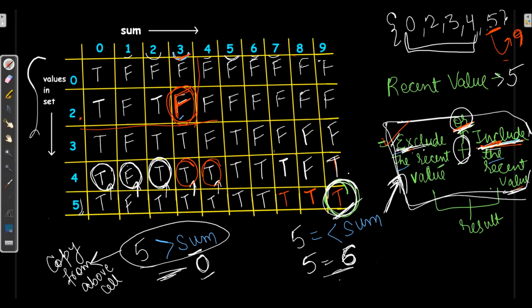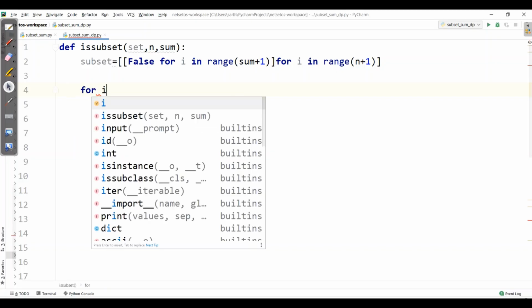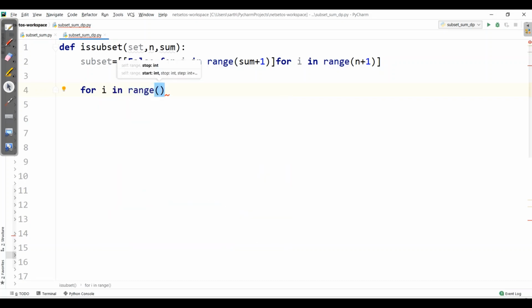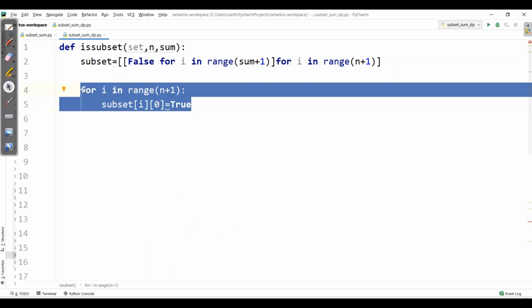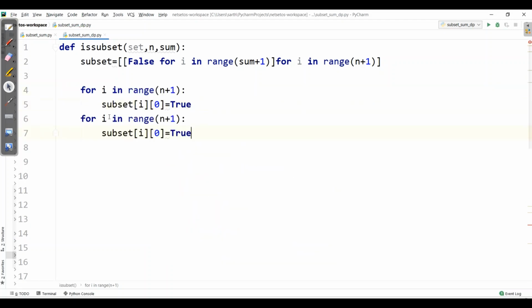So first, as per 2D array, I will have the first column as true and the first row as false, except the first column. So let's write for i in range up to n plus 1, subset of i0 will have true, and for the first row for j in range up till sum plus 1, subset 0j will be false.